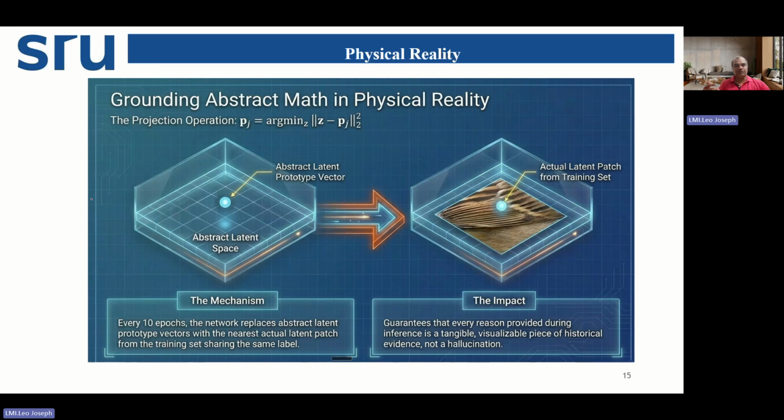If it is not getting, we cannot proceed further. So every 10 times we have to check whether the nearest actual latent patch is matching with the training set or not, approximately. If it is getting closer, we can continue. Otherwise, we cannot continue with the applied image. We will go for